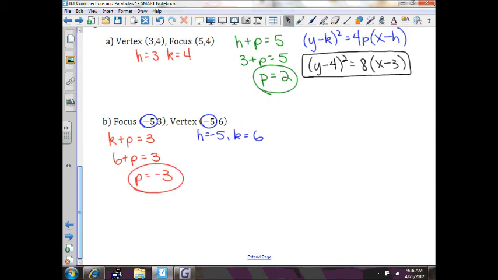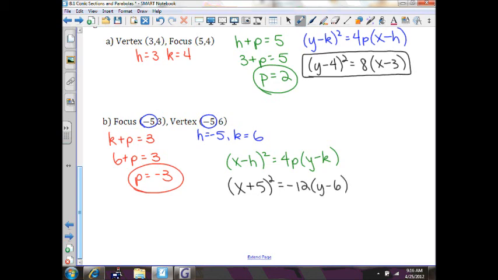And we're going to use the equation (x minus h) squared equals 4p times (y minus k). Now that we found p, h, and k, we can plug this into our equation. X minus negative 5 will be (x plus 5) squared is equal to 4 times negative 3, which is negative 12, times (y minus 6). Here's your equation that fits